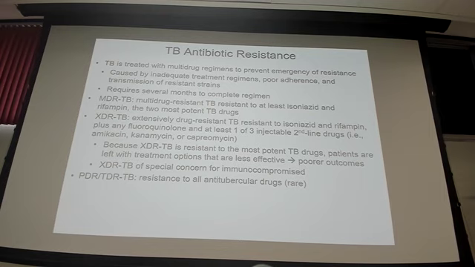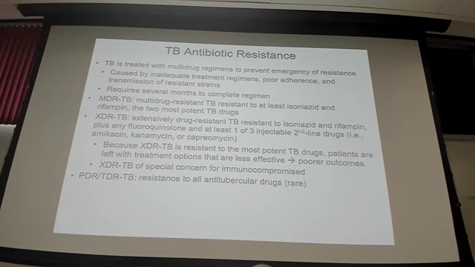We simply cannot afford to have that many patients walking around globally with the risk of picking up antibiotic resistance. Some of these strains are extremely drug resistant. There's hardly anything we can use to treat them. We have identified PDR or TDR TB strains. Those are pan-drug resistant and total drug resistant TB isolates, virtually untreatable. There's basically nothing you can do to treat those patients. So that's why we take this so seriously.